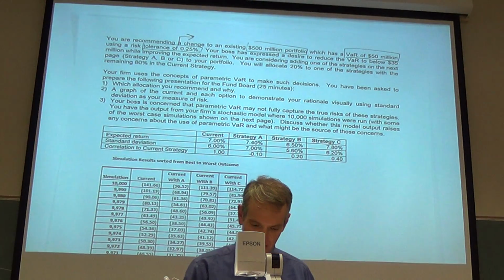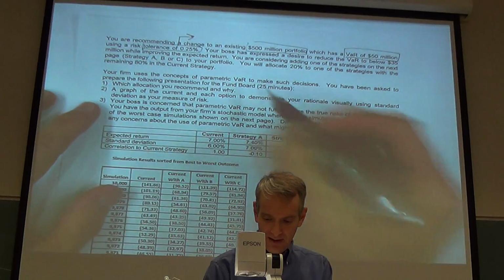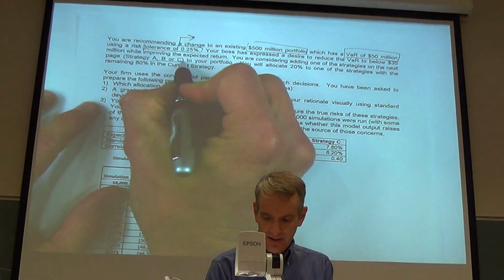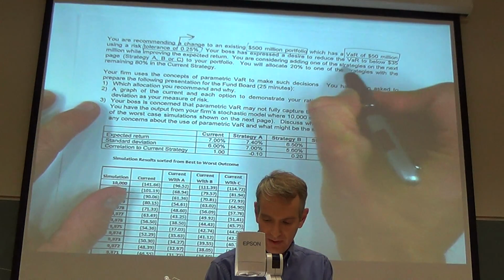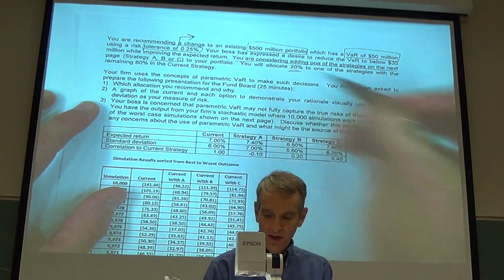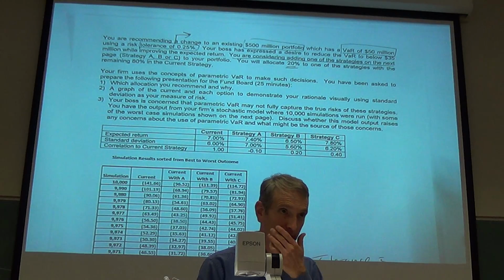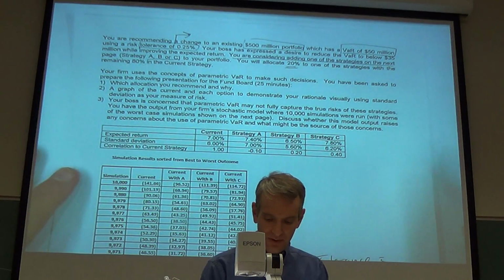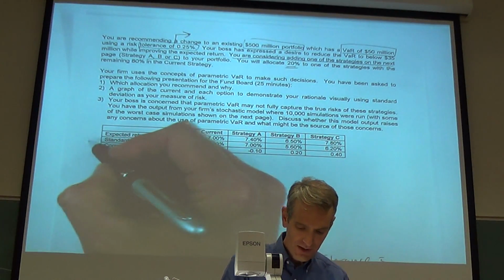Alright. So you've got 3 strategies in addition to your current strategy. So it's very similar to the problem we did last time. And you're going to do 20% to one of these strategies. You want to know which one to do the strategy to. And so here's